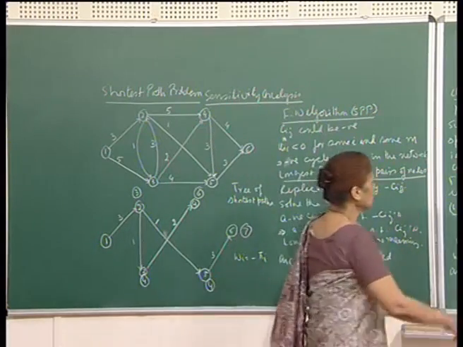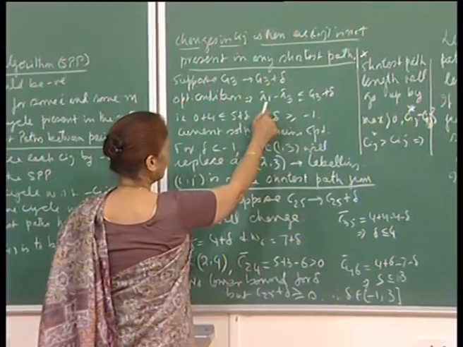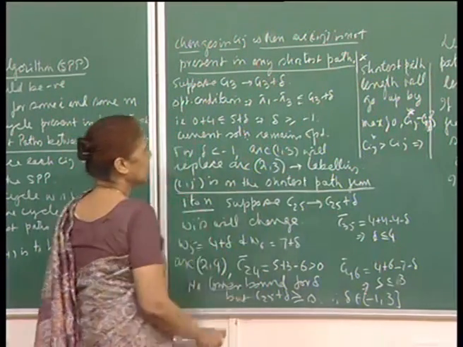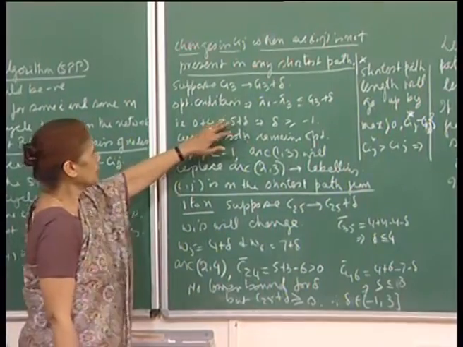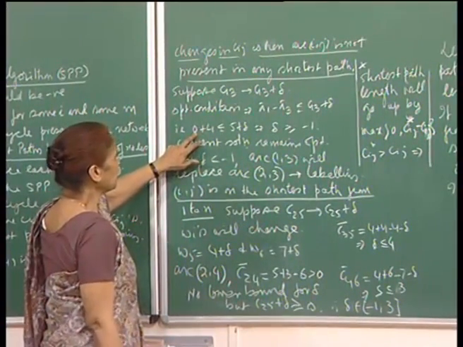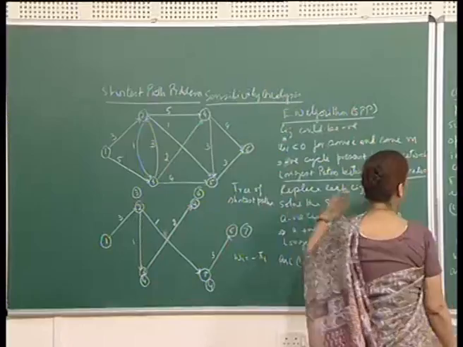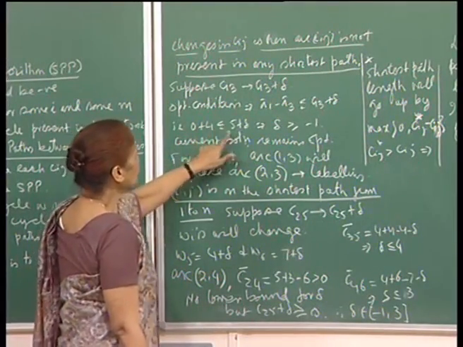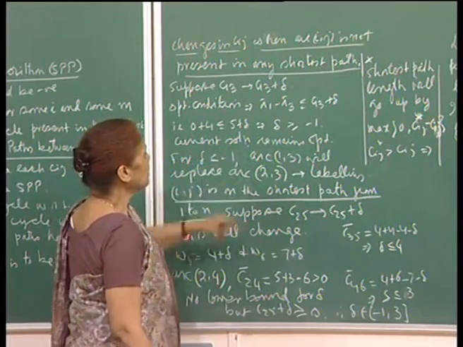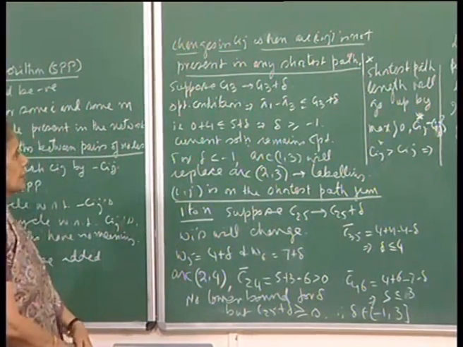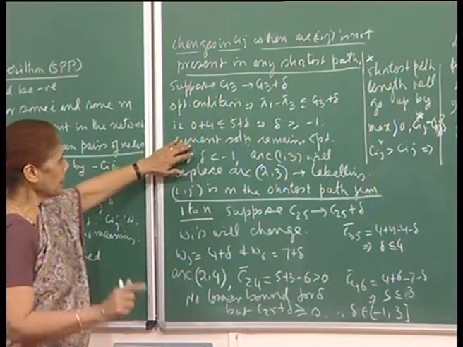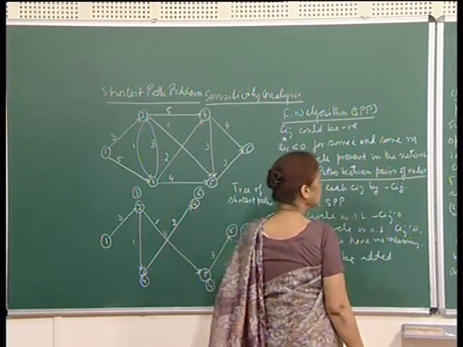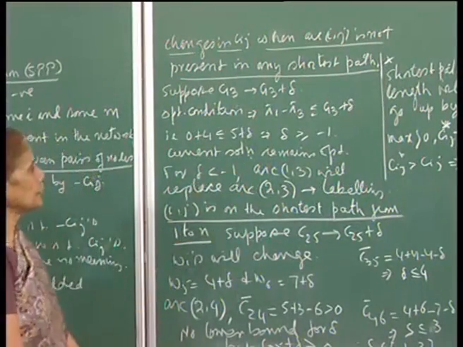So, if you apply the shortest path condition, then pi 1 minus pi 3 should be less than or equal to C 1 3 plus delta. This is the new C ij or C 1 3. But substituting, pi 1 is 0 because W 1 is 0, pi 3 is minus 4. So, it becomes plus 4 here, right, minus pi 3 is W 3, and so this should be less than or equal to 5 plus delta, which implies that delta should be greater than or equal to minus 1. So, that means, the current solution will remain optimal. This will remain the tree of shortest paths for all values of delta greater than or equal to minus 1,